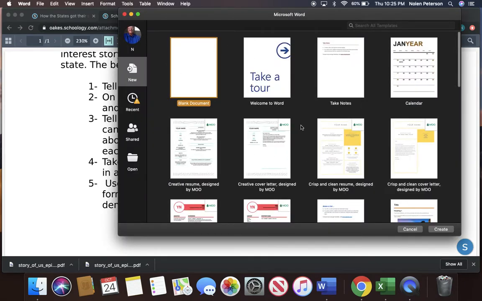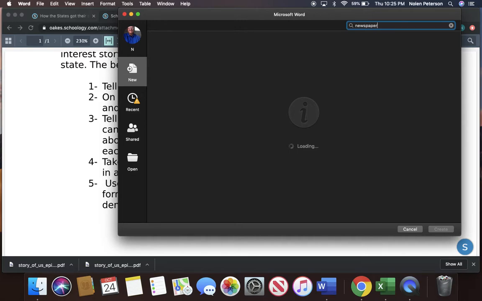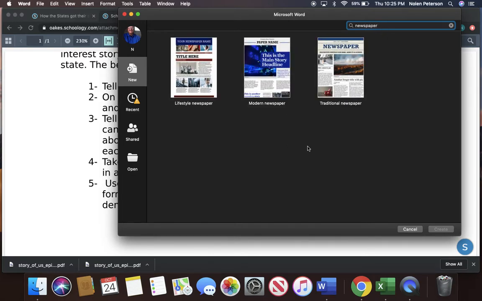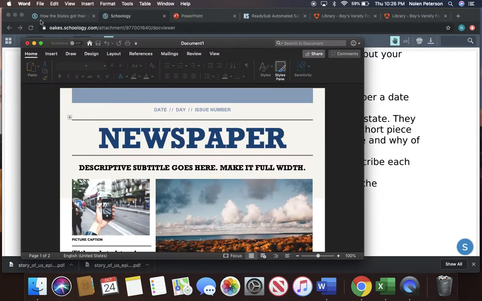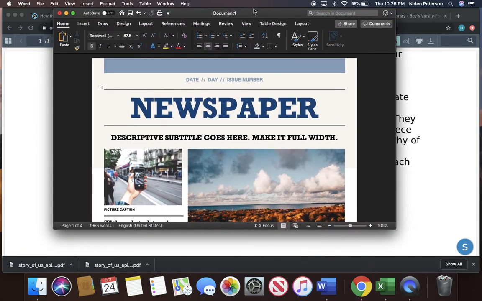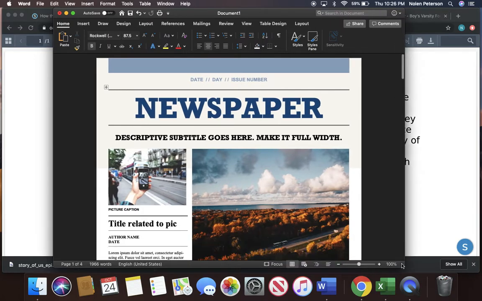and this template should come up. On the top right here, you want to search newspaper, just like that, and this should come up. You may use a newspaper, or you may use a flyer or a newsletter format. I'm not going to go over flyer and newsletter though. You'll have to figure that out on your own if that's what you want to use. So just type newspaper in here. It will not pop up until you type the full word. And I'm just going to choose one. There we go. Okay, so what we have here is a template to do a newspaper,